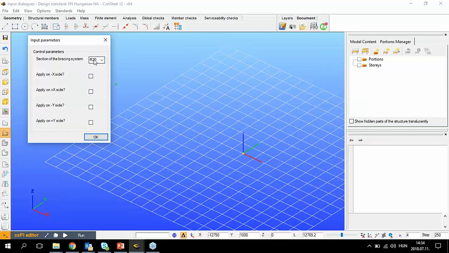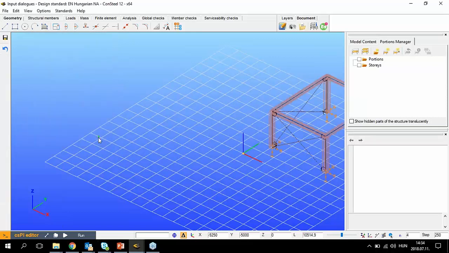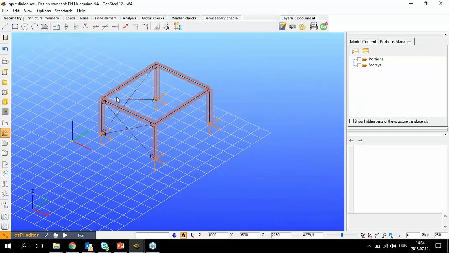Let's say it should be a round bar with 20 millimeters diameter, and the program will ask on which side I want to apply this bracing system. Let's say, for example, I want to apply on the minus X side and, for example, on the minus Y side. And if I click on the OK button, the program will generate for me